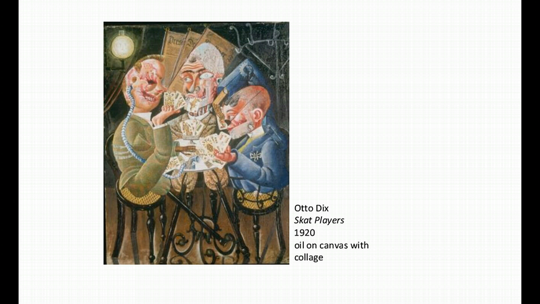As you examine that peg, you see that this other gentleman sitting right here has two peg legs. He also has a prosthetic jaw, as does this fellow, who has no legs at all. But yet these three gentlemen, all wearing their uniforms, sit around and play cards. The cards are actual playing cards that are collaged onto the canvas. In the background, this newspaper is also collaged into the frame.